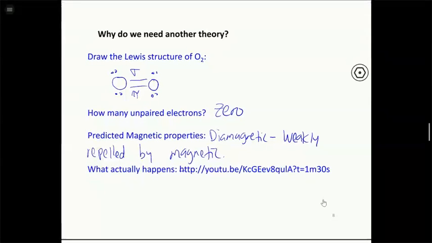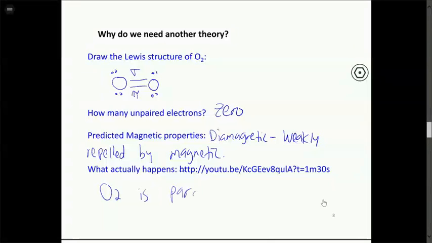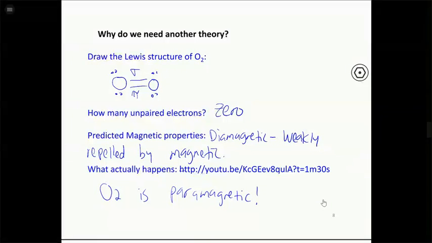So what actually happens, what we saw in that video, is that O2 was attracted to the magnetic field, which must mean that O2 is paramagnetic. And this is basically the scientific method at work. We had a bonding theory, a valence bond theory that we thought was pretty good, but then you do an experiment that runs counter to that theory, and that must mean that the theory is not quite right and needs to be refined. And so the theory that came about later on, which then allowed us to make more accurate predictions about the electronic structure of molecules, is called molecular orbital theory.